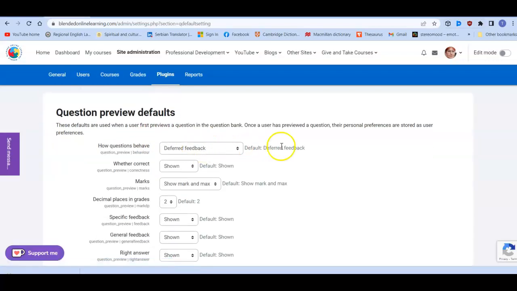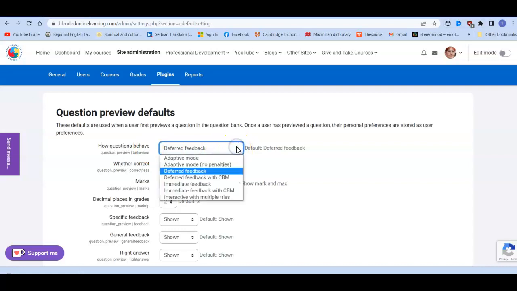So here we see some of the options. First of all, the user, when it first comes to the site and to this section, can choose the preferences. So for example, we can see how questions behave, and when we click on these arrows we see all the options, whether they are adaptive, with or without penalties, whether we can have deferred feedback, immediate feedback, interactive multiple tries,